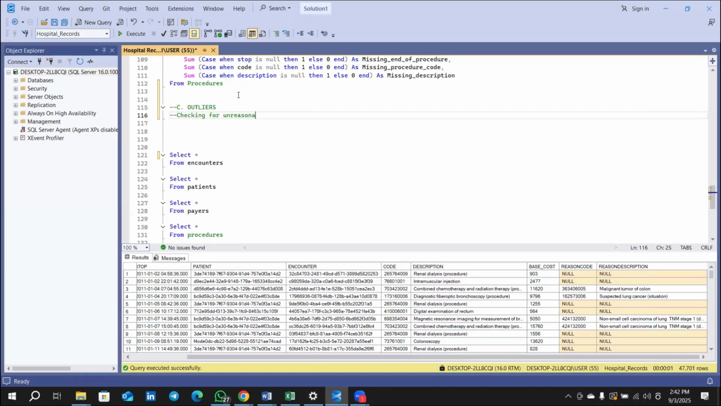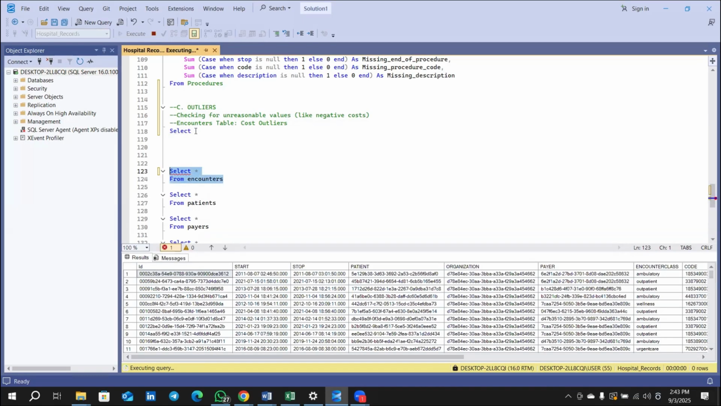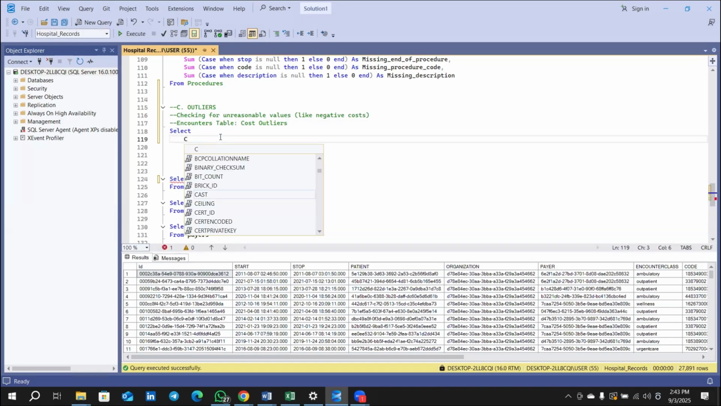So in this particular video, we'll be looking at outliers, right? Basically, we'll be checking for reasonable values, like negative cost, from our major tables. Here, we'll be starting from the encounter table and looking at cost outliers. Of course, we have several columns in our table: base encounter cost, total claim cost, and